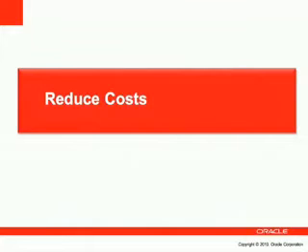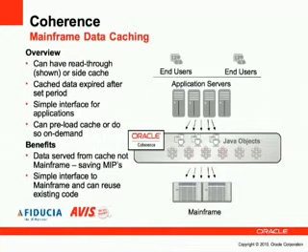So reducing cost, that's another use case for Coherence. It's quite a simple one actually. Companies like Avis, for instance, use a mainframe, and a lot of customers use legacy systems where they pay for the actual processing they perform. So if you have a mainframe and you pay for the MIPS you use, if you're fetching information from that mainframe repeatedly, then you're going to pay every time you access the data. If you put that information in a Coherence cache and reread it from the cache as opposed to going to the mainframe, and just keep it in a cache for a short period of time, you can reduce your number of mainframe MIPS and hence reduce your costs.